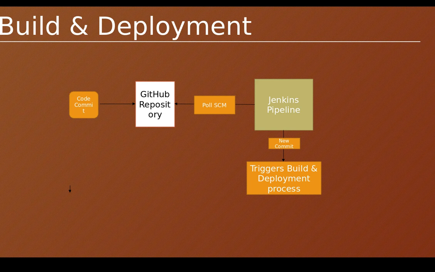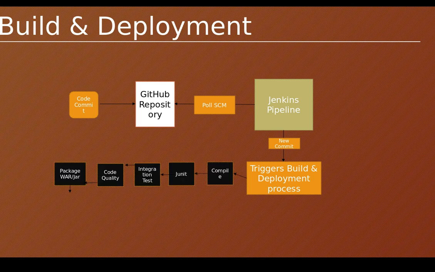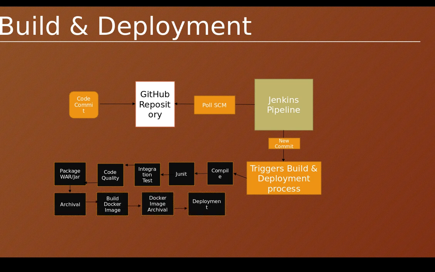After that, it identifies that changes happened, a new commit happened, with Poll SCM. Then it will start the trigger or build process. In the build process, it goes through different phases. You can configure these phases manually. This is for a Java application kind of build phases. You can configure a different set of pipeline phases for your Angular based application. Here, I'm doing a compile, then JUnit, whatever JUnit tests I want to run, integration tests I want to run, and code quality I want to check. After that, only do the packaging, and the packaged application will be pushed into archival.